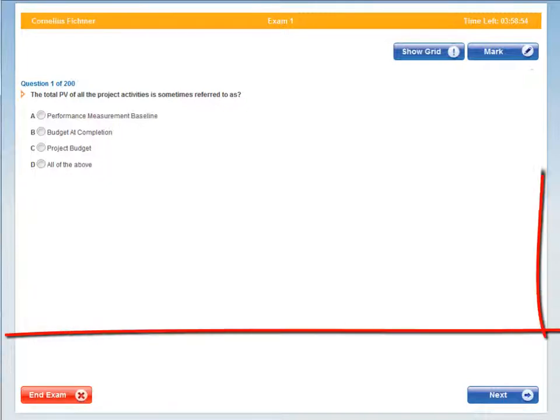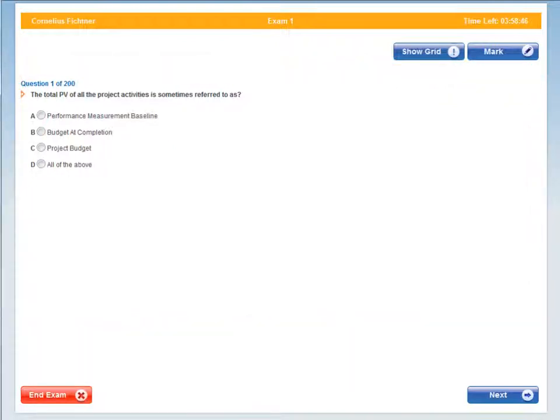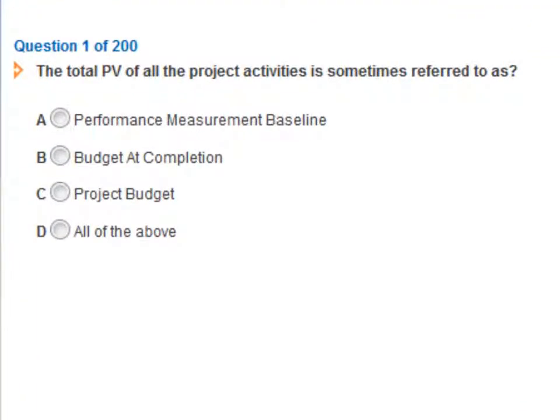In the center of the screen, you see the main area with the question and the answers. This here is a short question. Some of them are quite long. Each question has 4 possible answers. However, only one of the 4 answers is correct. So when you select A and then decide, oh no, I would like to select B, only B is selected.